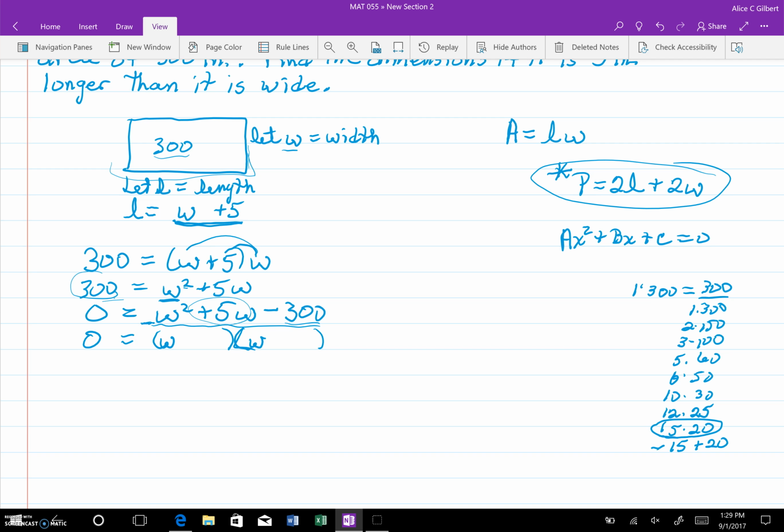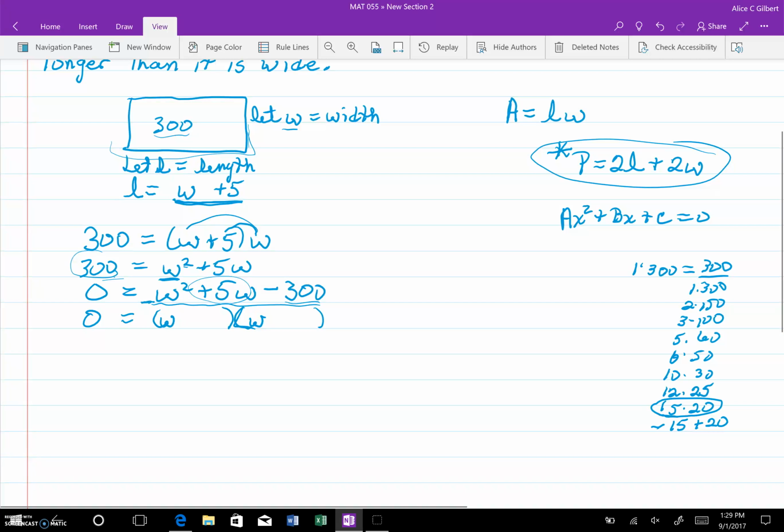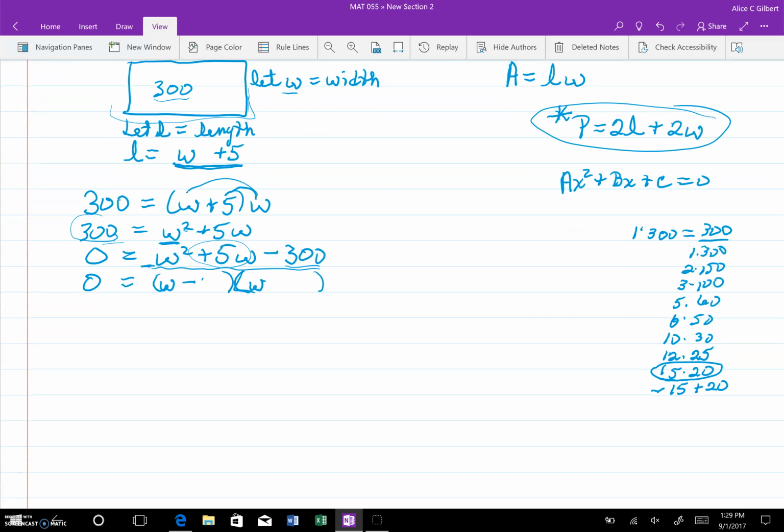Last critical step, negative times a positive is a negative, and that's what I want here. And so I'm ready to go. I just take these and plunk them in: w minus 15 and w plus 20. Then I set each of these equal to 0. Let's solve these. I add 15 to both sides here, so I get w equals 15. And I subtract 20 from both sides here, so I get